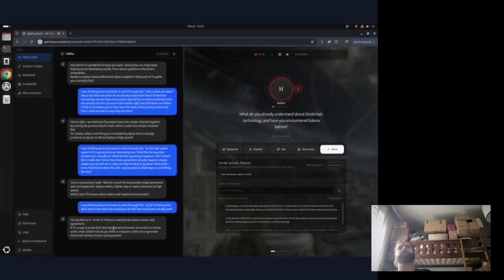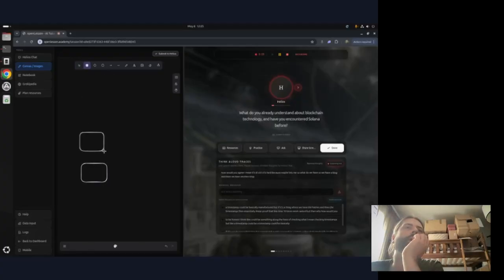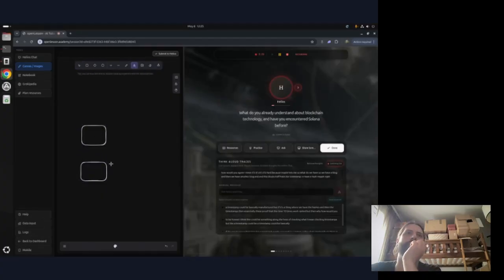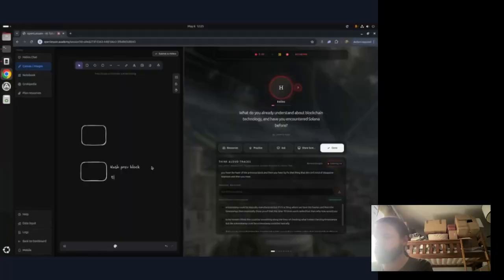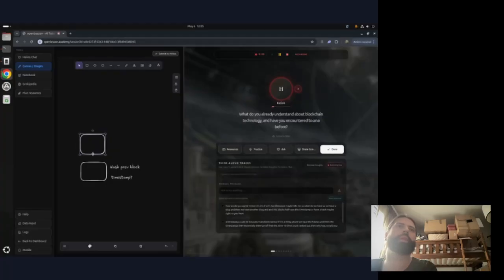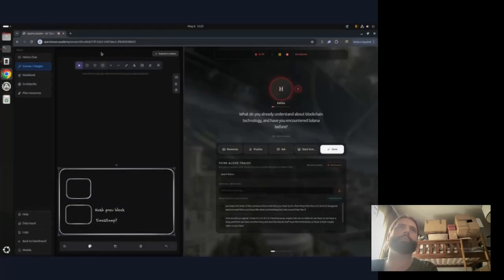It's hard, and maybe let me think. So what do we have? We have a block, and then another block, and these blocks have a hash maybe, right? So you have the hash of the previous block, and then a timestamp. But why would that work? Could it be that if I'm a node, and this is a node, and I'm suggesting these,